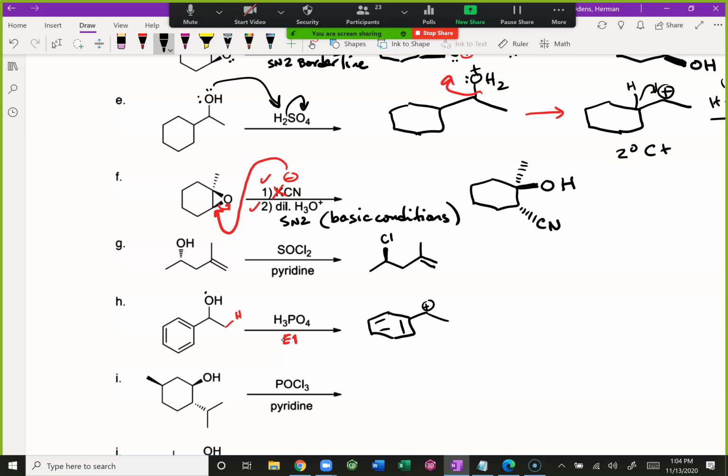When this OH turns into a water leaving group, it leaves a benzylic carbocation intermediate, really stable. And then this H is taken by the conjugate base of phosphoric acid. And that's gonna make